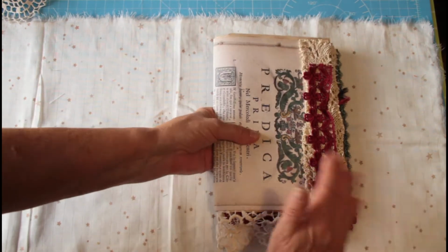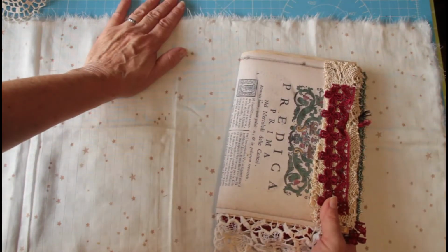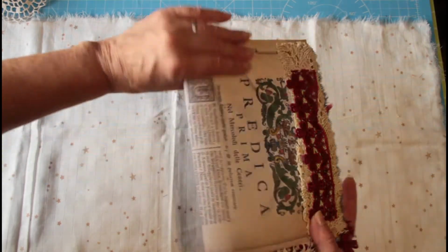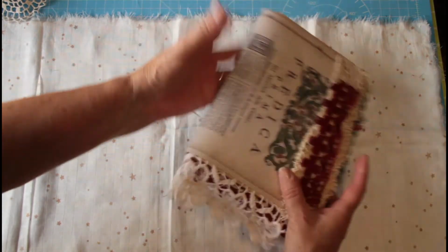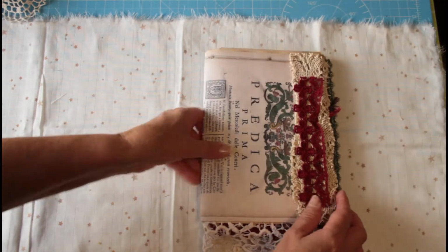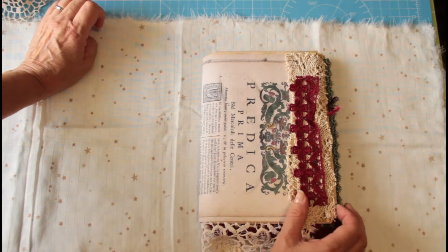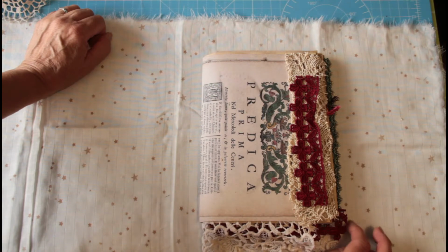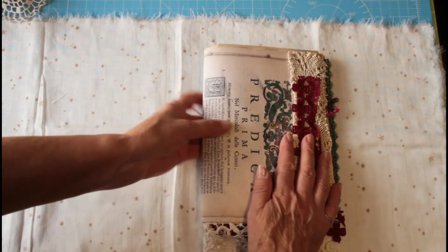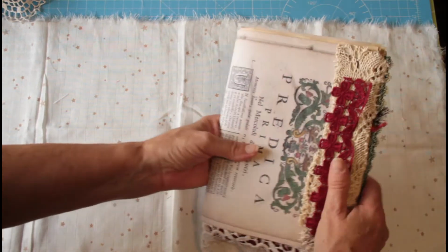But Rachel's actually done this sort of a booklet, a journal with all her favourites. So her favourite original papers and favourite laces and things. So really this is just me getting the inspiration from her and doing a bit of a journal for myself in that style, I suppose. Love these papers, love them. Now they've come out beautifully